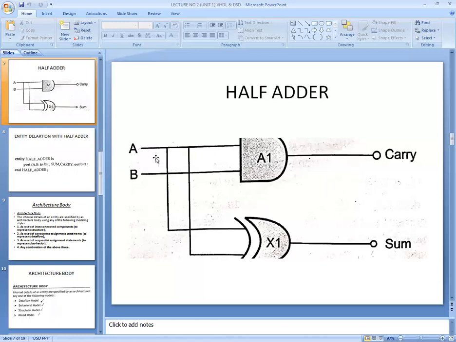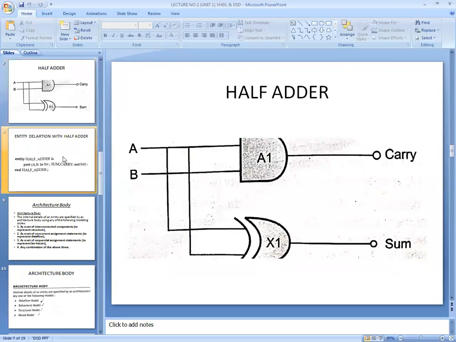If you change your input, the sum and carry will change their output. If A is 1 and B is 0, then sum is 1 and carry is 0. Again, A is 0 and B is 1, then sum is 1 and carry is 0. Again, A and B both are 1. In that case, as per the logical configuration, sum is equal to 0 and carry is equal to 1.